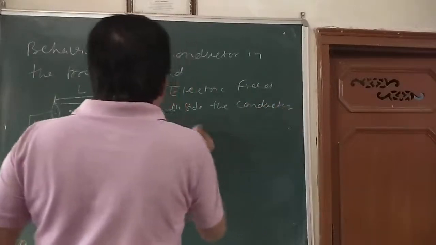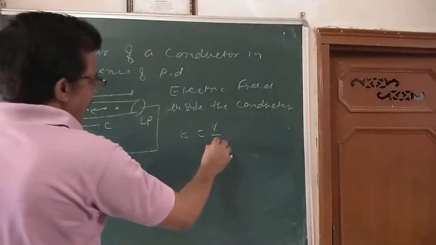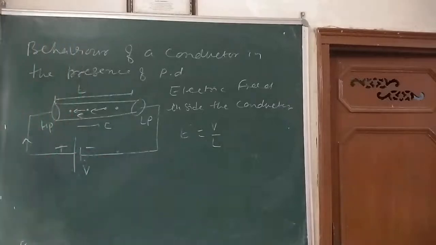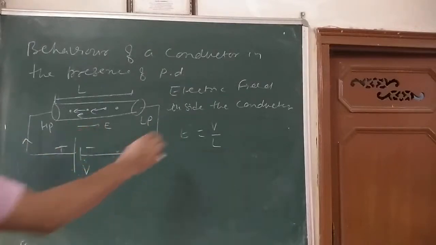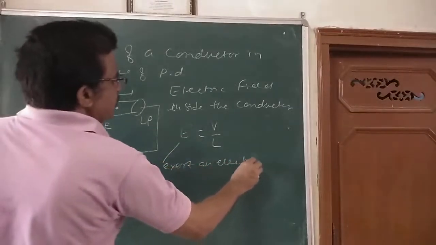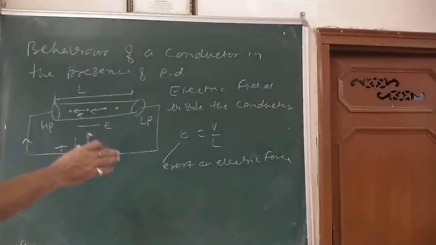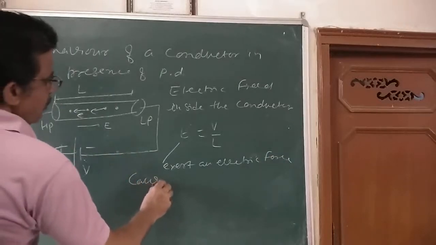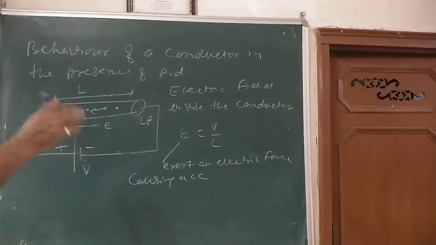we know the formula of electric field from the first chapter: the applied potential V and the length L. V बराबर होगा E into d. E comes out to be this electric field जो यहाँ पर जनरेट हो रहा है. This electric field exerts an electric force on free electrons, causing acceleration of each